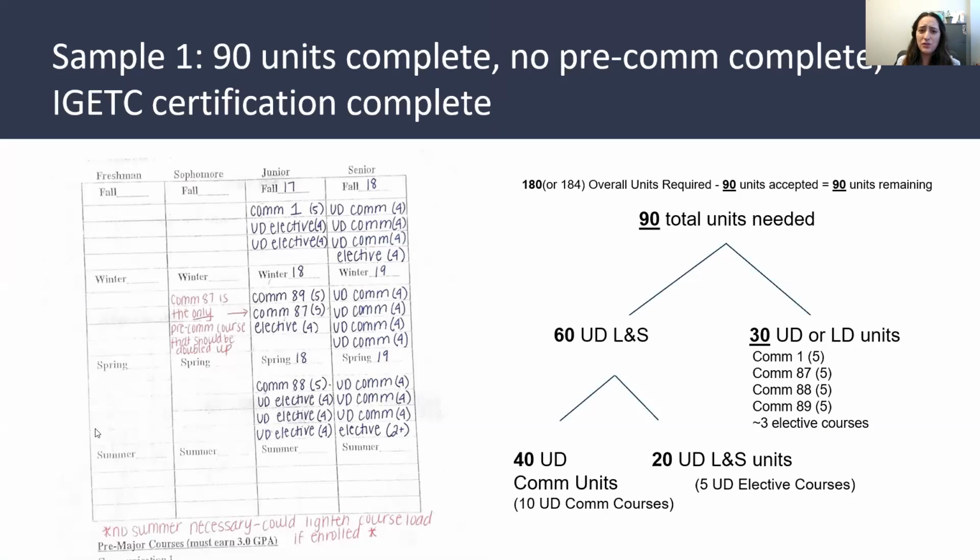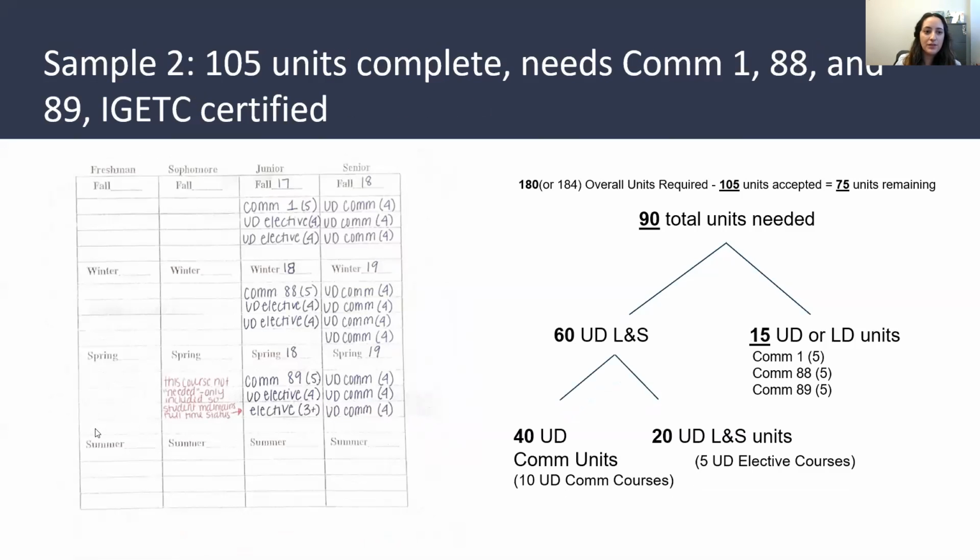I do see a lot of students who want to double up because they want to get moving and get done with the pre-comm major so they can get started on their upper division comm classes. But I just want to show you that it's possible to graduate in 2 years while still following our advice to spread them out. Again, Comm 87 is the only class that we would say, if absolutely necessary, you could double up, but we wouldn't recommend it. But for this student, that might be the best case scenario.